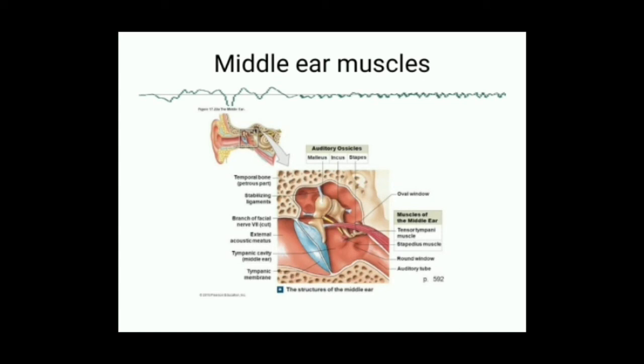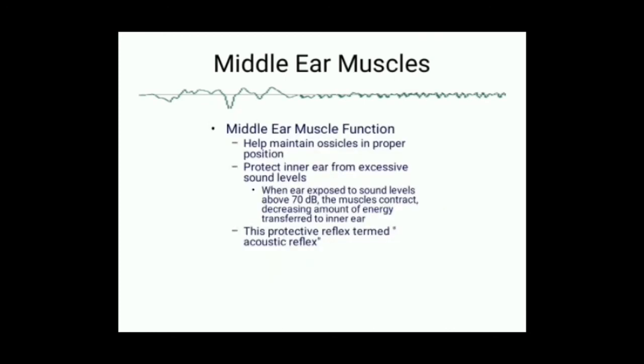So at that time what happens, when there is a sudden loud noise, the ossicular chain will be made rigid by the contraction of this tensor tympani and the stapedius muscle. Thereby sound transmission will be reduced. This is called the tympanic reflex or acoustic reflex, otherwise called the stapedial reflex. And these muscles also will contract prior to one's own vocalization. That is, when we begin to talk, before that these muscles will contract so that we are not able to hear our own voice. So that's the function of the middle ear muscles.